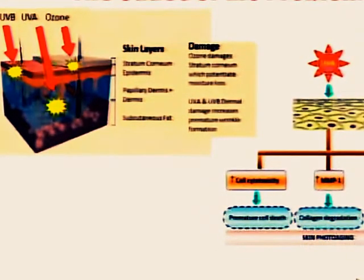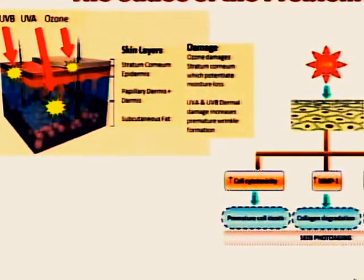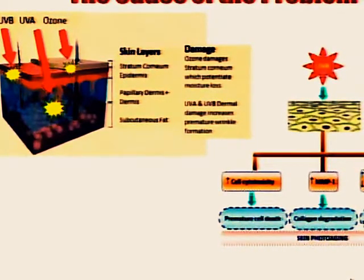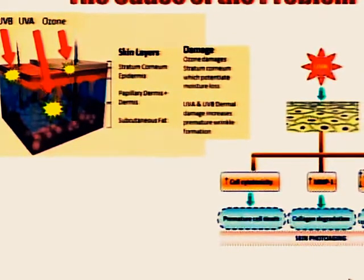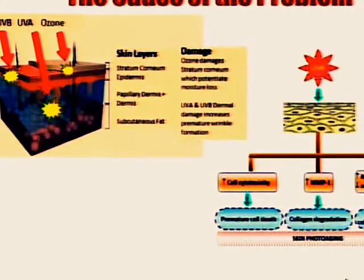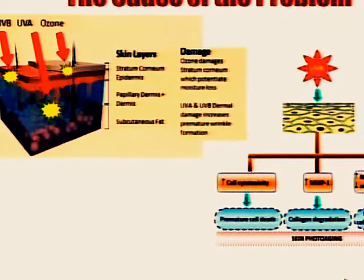Before we can solve that problem, though, we need to understand what the mechanism is. And the mechanism is driven by sun exposure. As you all know, there's several kinds of UV radiation coming from the sun. UVB is pretty mild. It's a short wavelength that doesn't penetrate very far, and it causes sunburns, and vitamin D, which is critical really for human health. But there's also UVA, which is a much more powerful